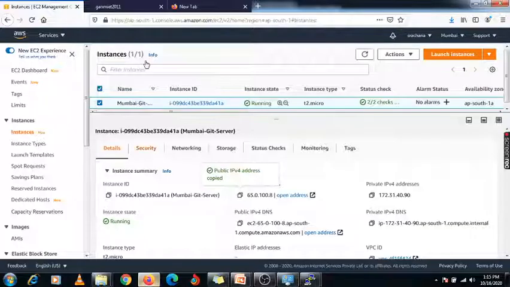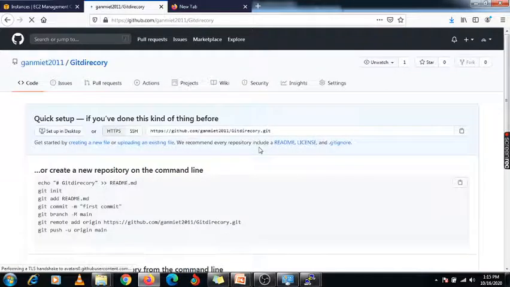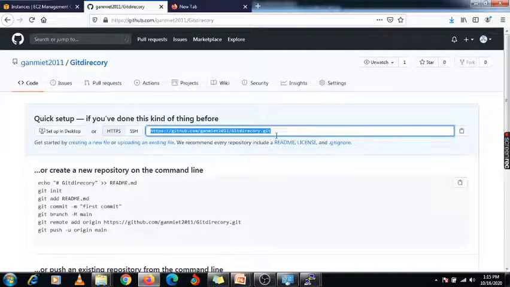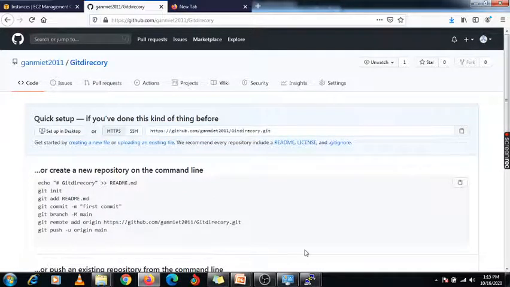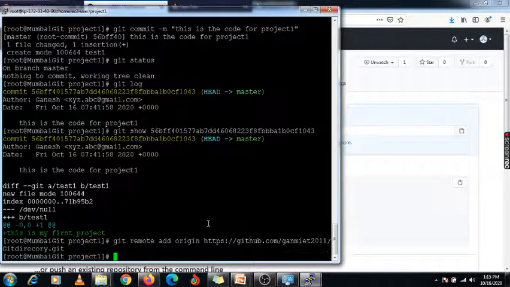So this is my git account which we have created. Under this git we have created one directory, that is git directory, and you need to paste this URL. This is the URL, or you can copy it from this option. Here you directly copy it, paste it here, and enter it.